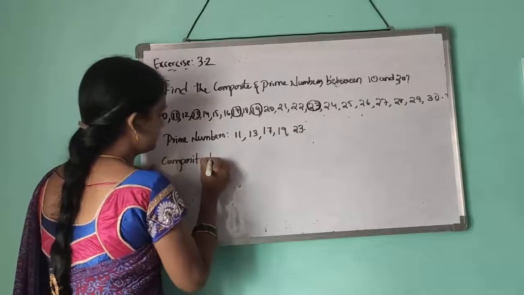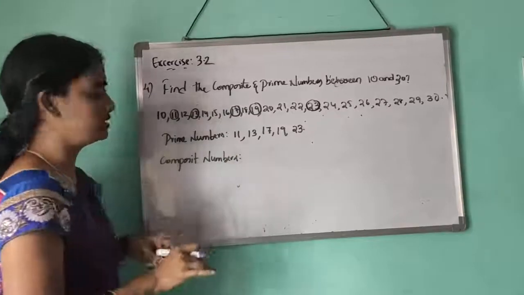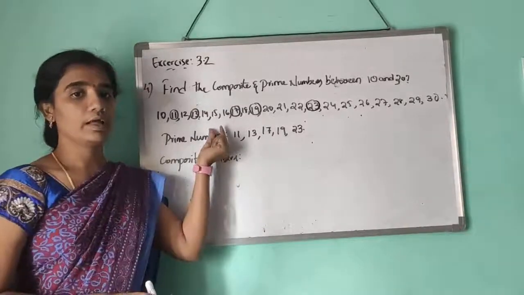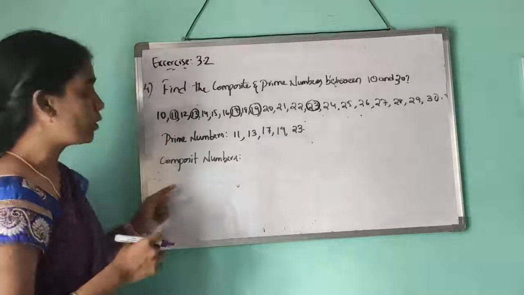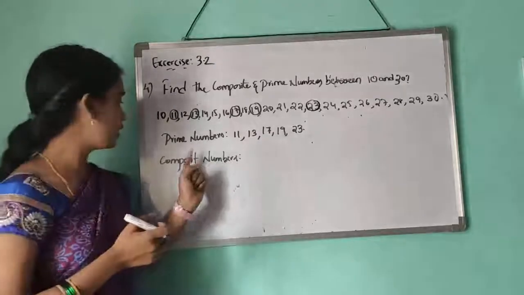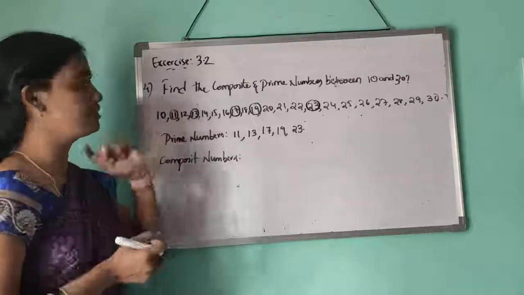Let's see composite numbers. Composite numbers are numbers having more than 2 factors. Here the composite numbers are